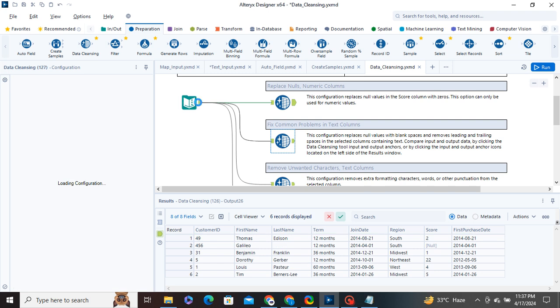custom rules and expressions, preview and validation,